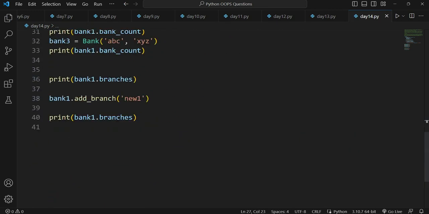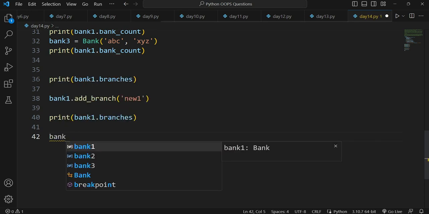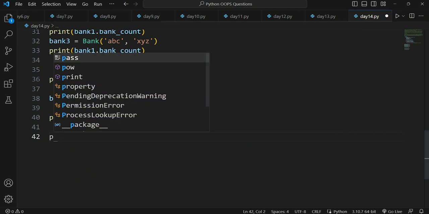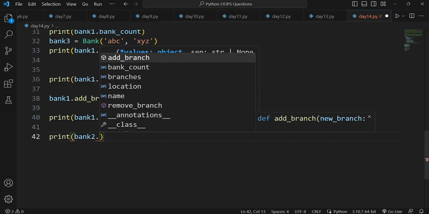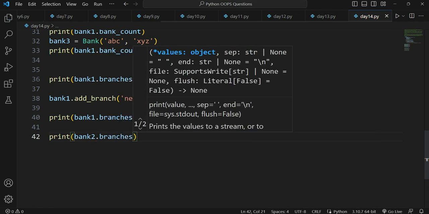So yeah, now done. So now if you want to check if it's working properly or not, let's say I take bank 2 here, so print bank 2.branches.